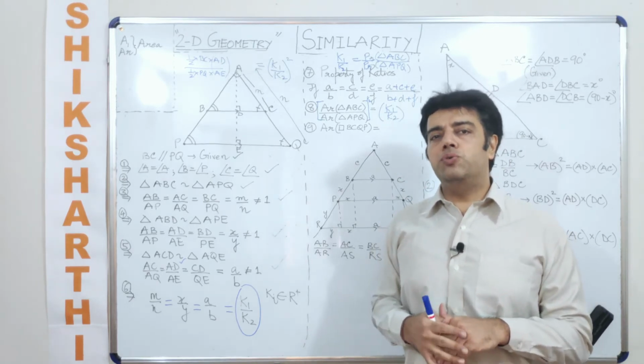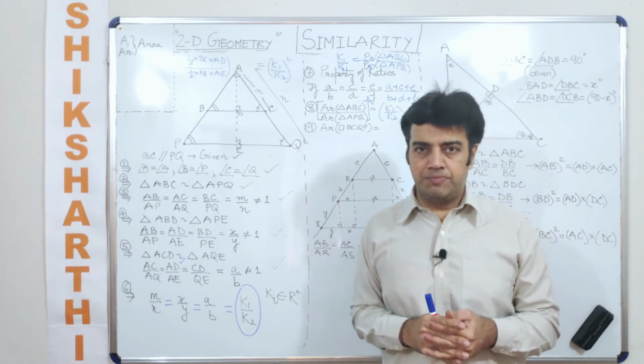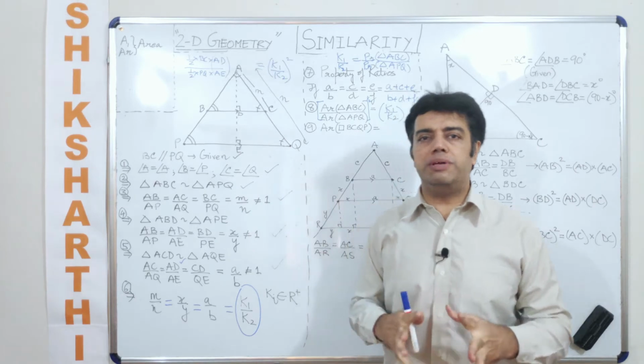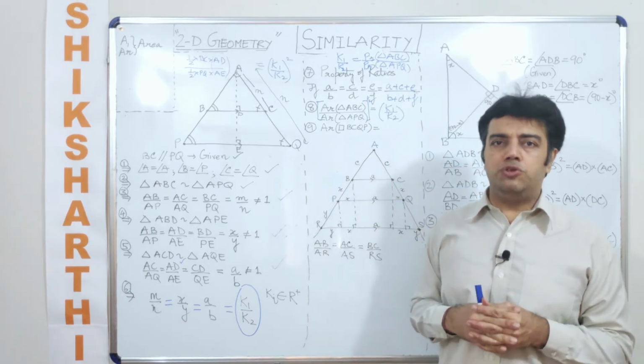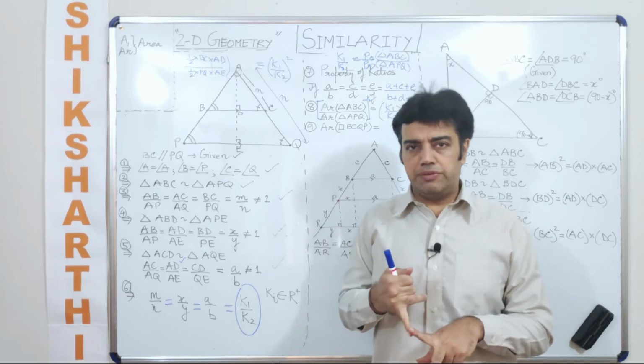Will be equal to the ratio of the square root of their areas? Yes. At the same time, further on, we can establish a relationship between their geometric centers also. Now, what do I mean by a geometric center? If I talk about the point of intersection of their medians,